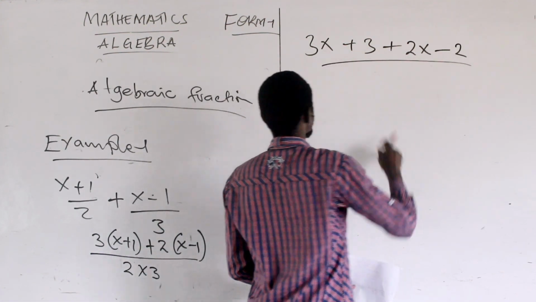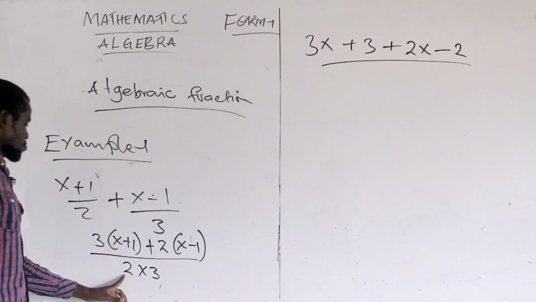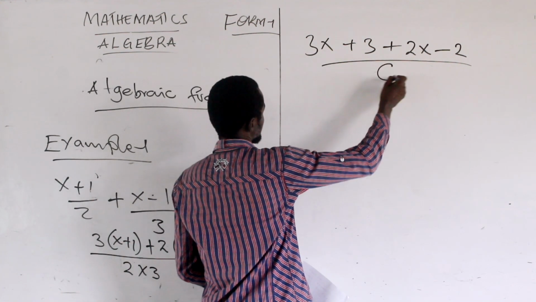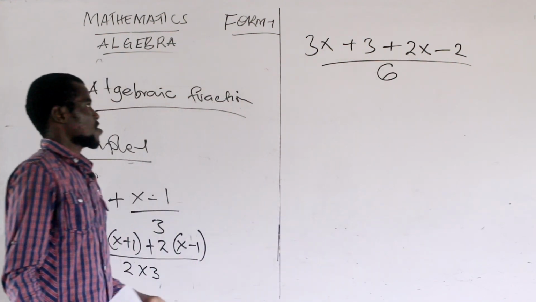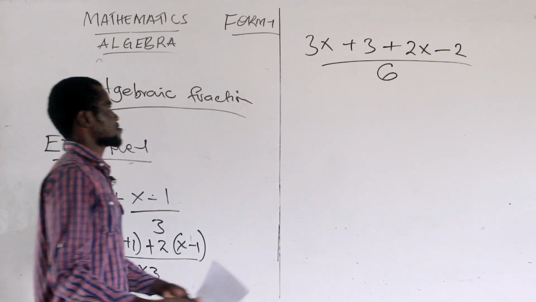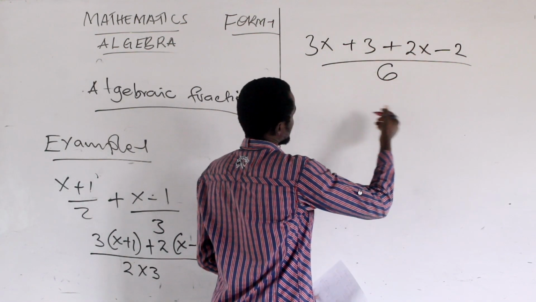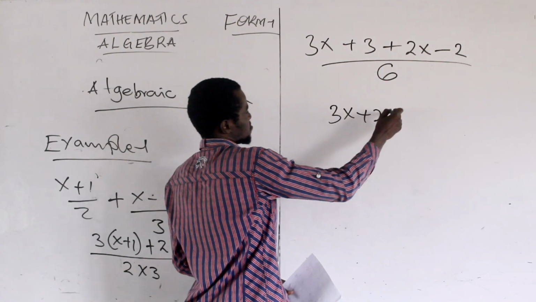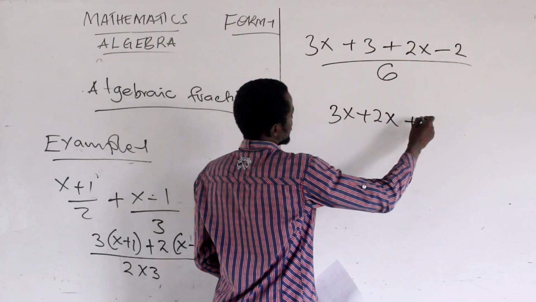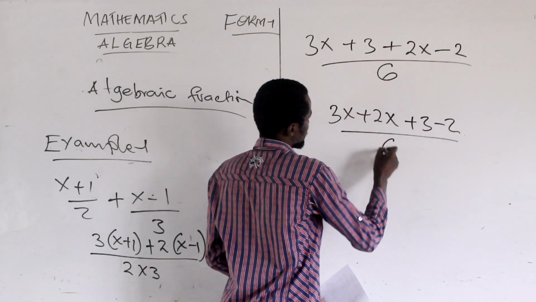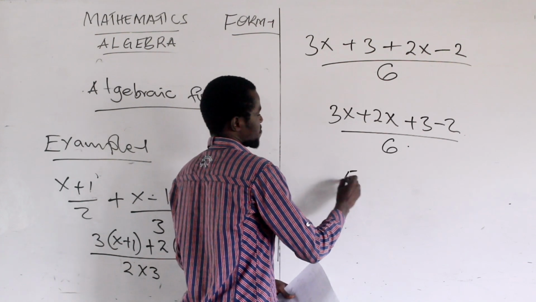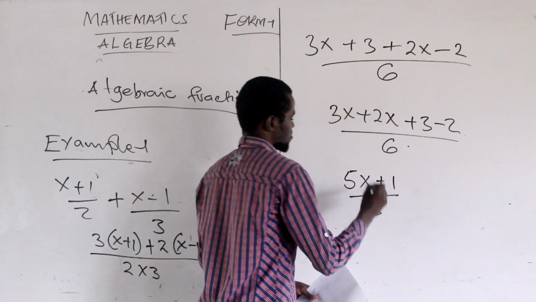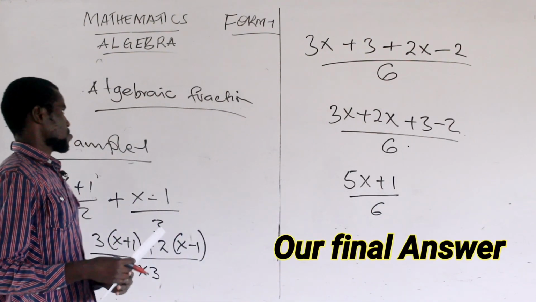Then remember the LCM was 2 times 3. So at this stage we can now say the LCM is 6. So therefore in our numerator, let us collect the like terms together. That is 3x plus 2x, then plus 3 minus 2, everything all over 6. So we'll have 5x plus 1 all over 6, and that becomes your